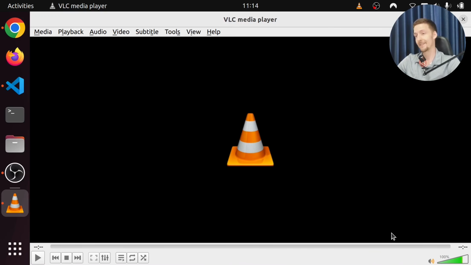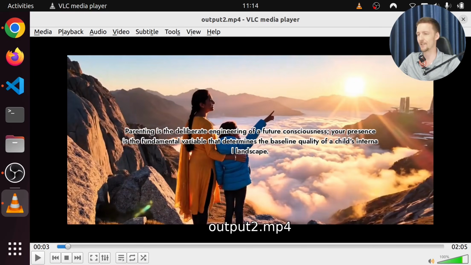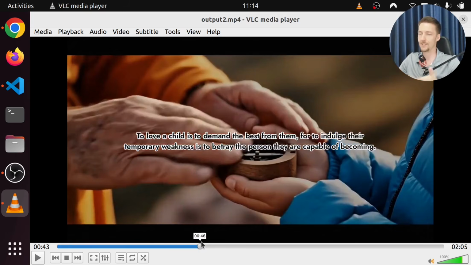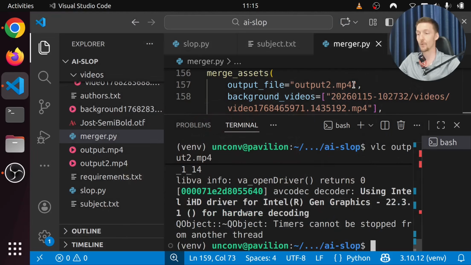Okay, a bit weird, but it works. So there's a little bit something we should do about the text, because the word wrapping is kind of not working properly, because it's not always wrapping at the word. And then again, we need a bit longer of a background video. This is repeating too much. But I think at least as a proof of concept, this works quite well.